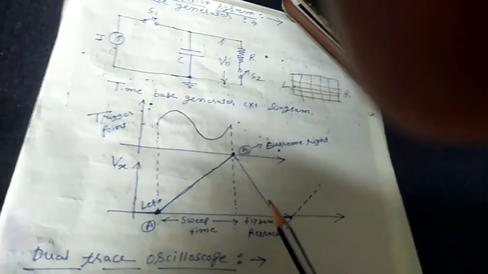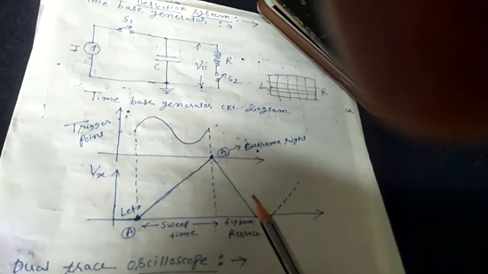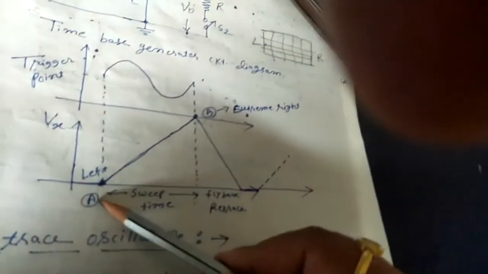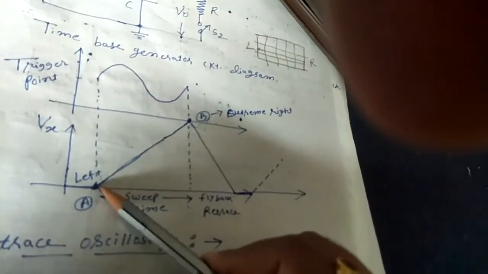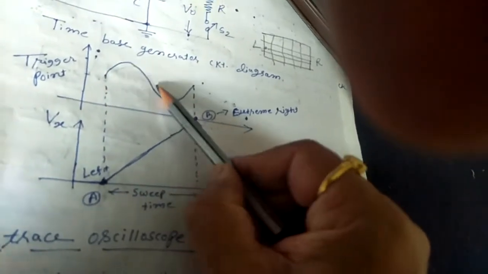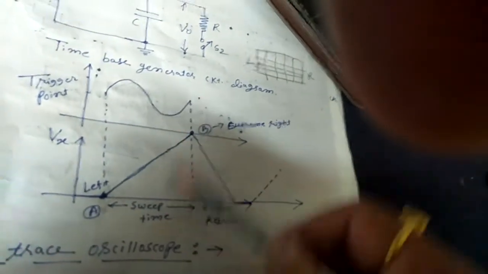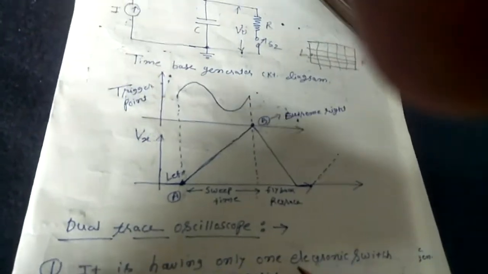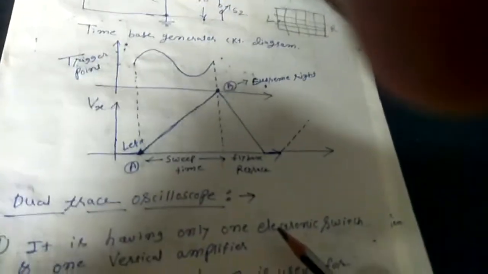Okay, that means your vertical signal and your horizontal signal come at a time on the plate. So this graph shows that the sawtooth wave starts from this point, and at that point your input voltage also starts. That means there is synchronization between the two signals at the plate because of the trigger circuit. Okay, now after that, the horizontal amplifier.